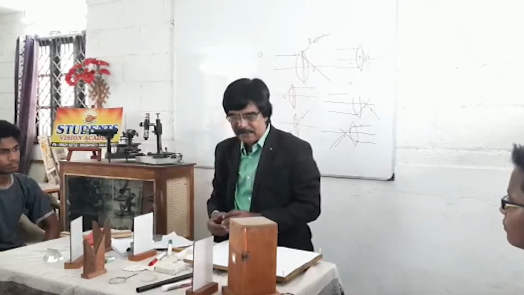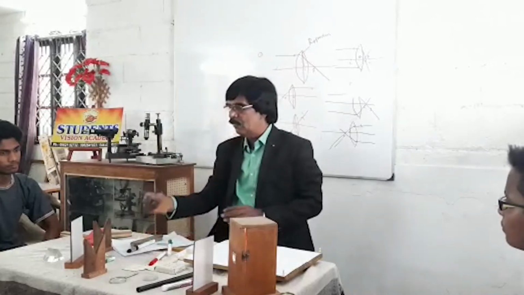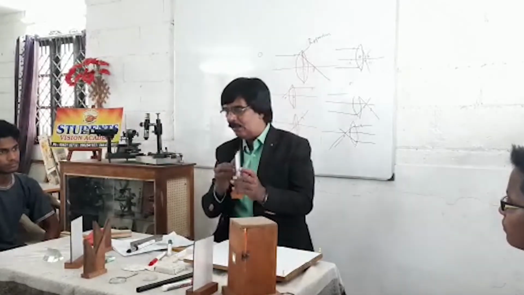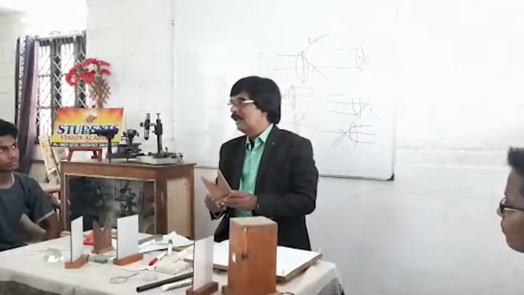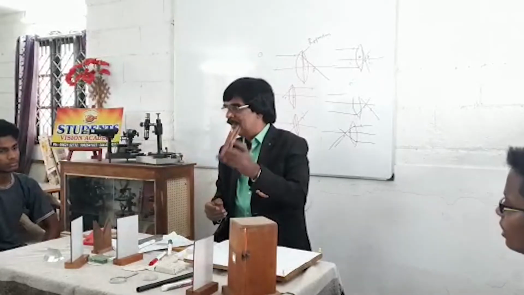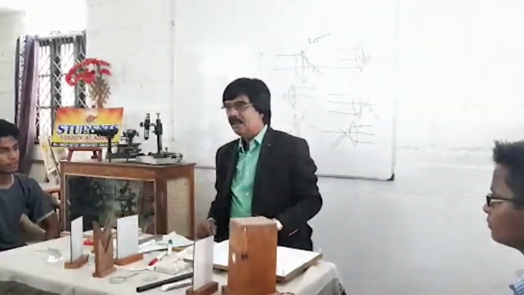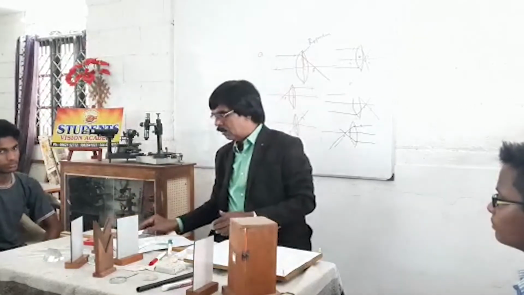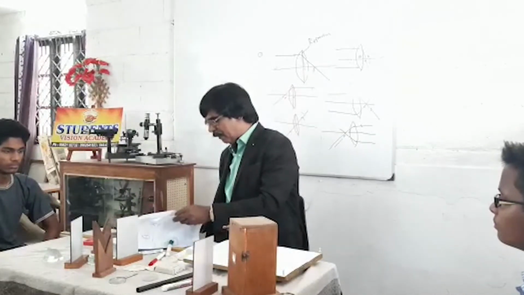Now see, what are the things we need? A convex lens. We have a convex lens, fine. This is a white screen. Normally in the lab we use this screen to get the image. And we need a what? Lens stand. We call this lens stand. To measure we have what? A scale. What do you call it? A meter scale. Right? Now we are going to perform the experiment and we can tabulate it. Very simple experiment it is.